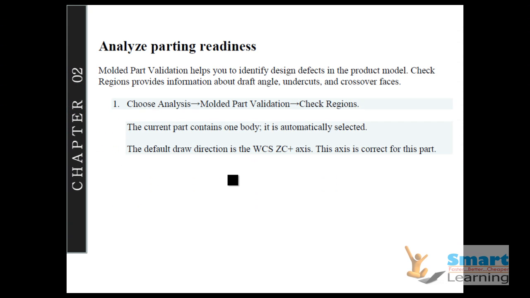Now we'll move to the parting readiness. That means we are going to check whether the parting line which we are going to create inside your part is ready or not, whether we are lacking anywhere for your drafting. We'll fix it, then come back and address those inside your part. We'll add fillets, we'll add draft, and we'll fix the problem. Multiple validations help you to identify the design defects that I was talking about. The design defects may be